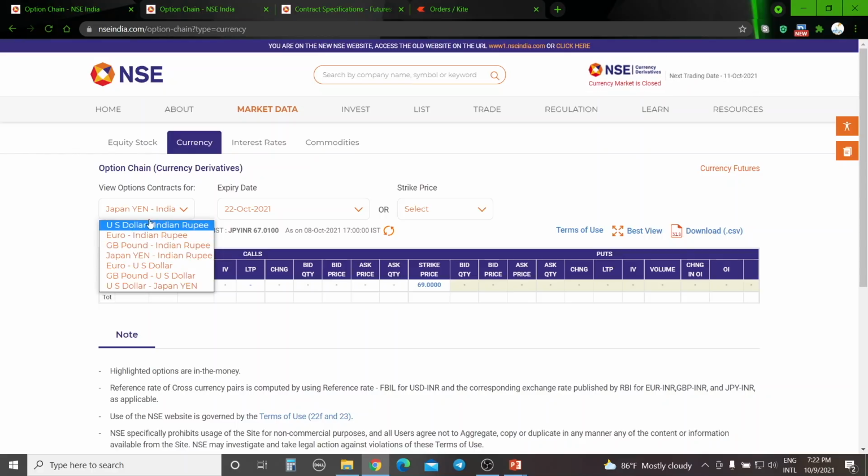here. So the liquidity is available only in USD INR and we will trade only in USD INR. Just forget about the other pairs. It is not worth trading and taking a huge risk, because the currency segment has a huge risk. The risk is equivalent to what we have in the equity markets, but here the contract sizes, the values are quite high, the margins are quite low, so the risk is also quite high. I'll come back to all those points, whatever I am telling.